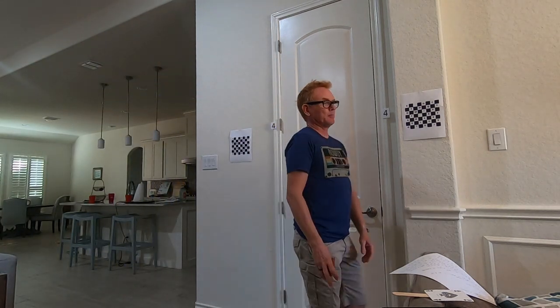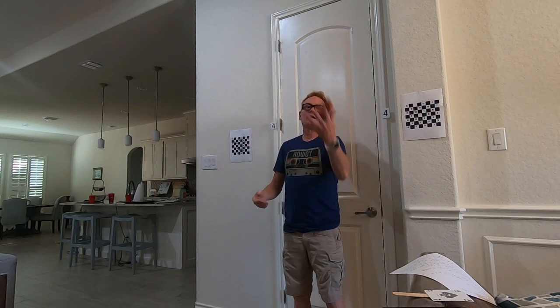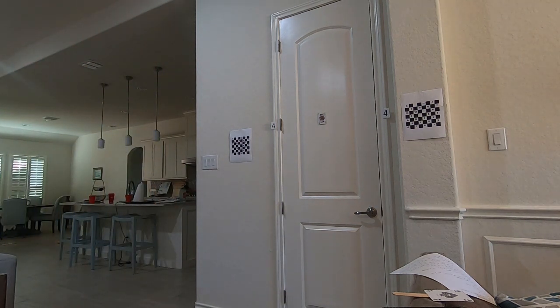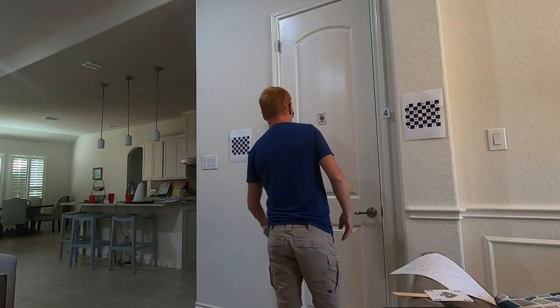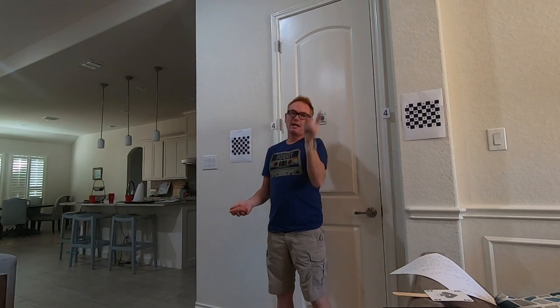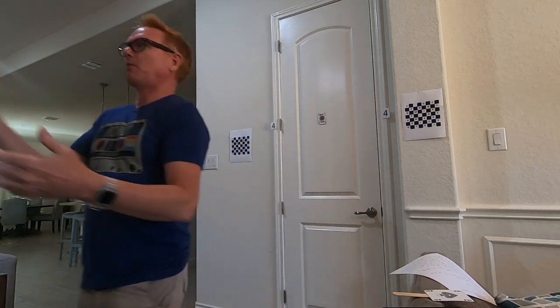Okay, and then ramping it up, I'll walk and I'll throw the beanbag hand to hand, and I'll follow it with my head and eyes. So I'll walk and move my head and eyes and follow the bag as I toss it from hand to hand. Then the next thing I do is I keep my head still and I move my eyes and try to follow the beanbag while I walk and throw it